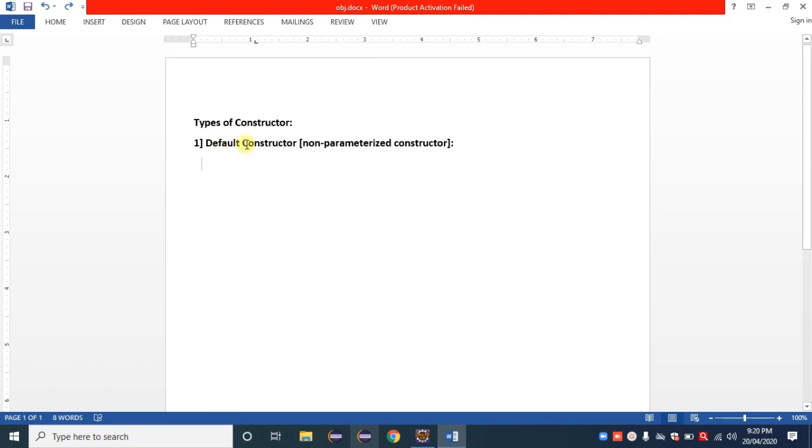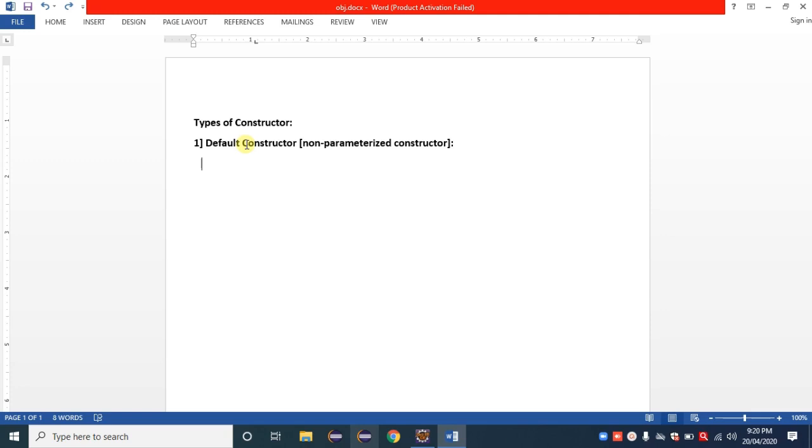When we create any Java class, inside that, when we create an object, at that time a default constructor gets created by the compiler. We are not creating a default constructor when there is any user defined constructor available. User defined means that if we created a constructor, then that one is called a user defined constructor.